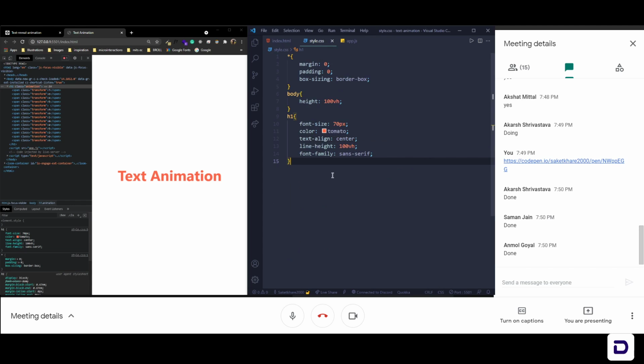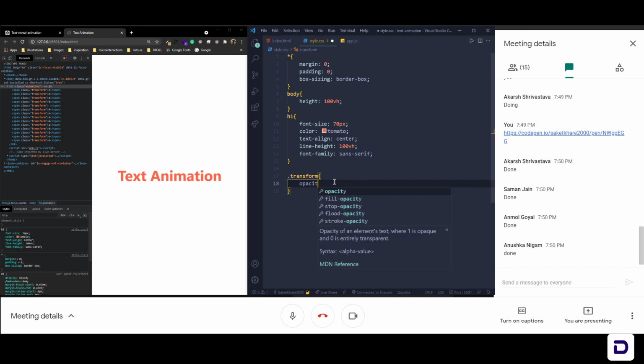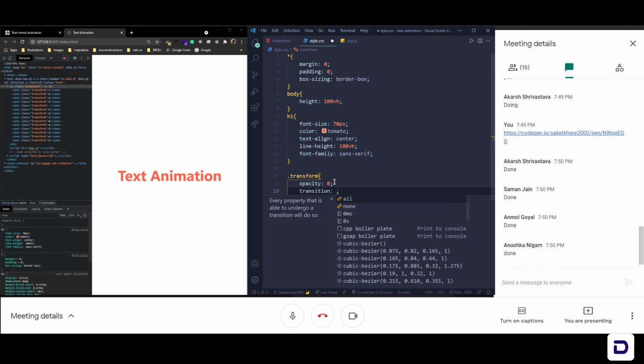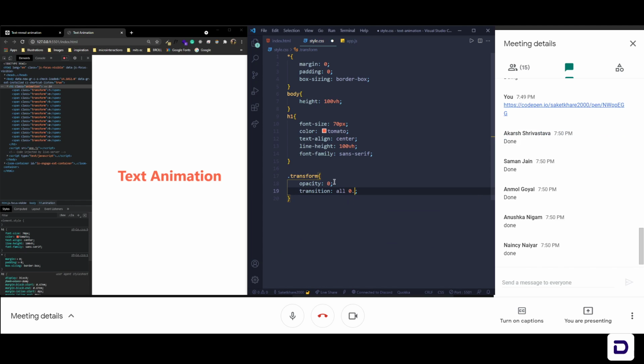So we'll go to the style CSS and then we'll say dot transform and let's just set the opacity to 0 and transition will be all 0.5 seconds and ease. So we'll have the opacity 0.